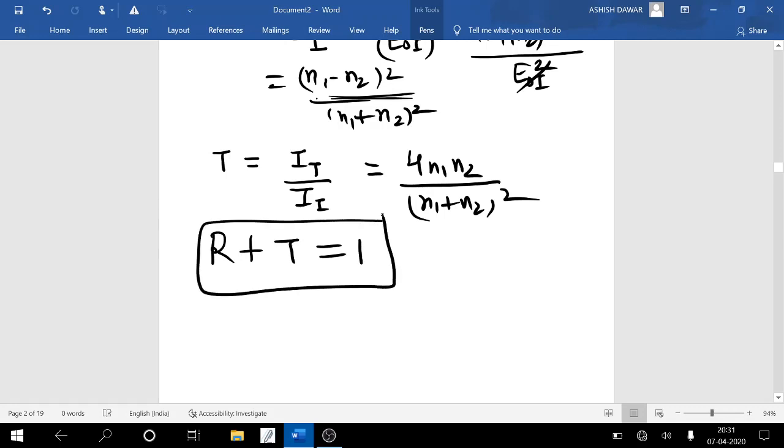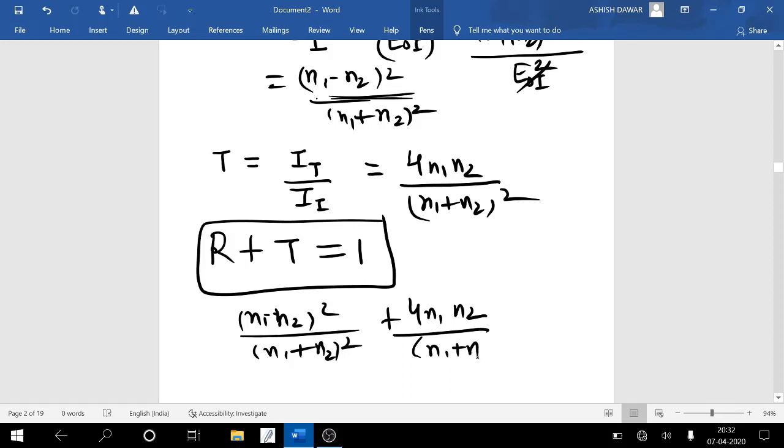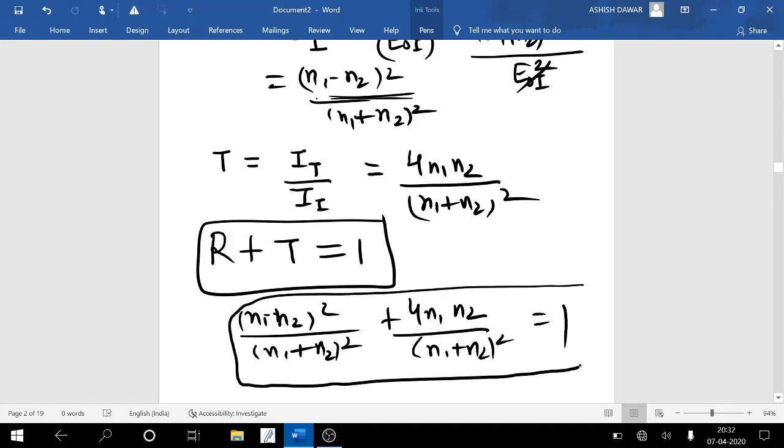So this represents conservation of energy. So here you can easily prove it by putting the values: N1 minus N2 square upon N1 plus N2 square plus 4 N1 N2 upon N1 plus N2 square. So this is equal to 1. So this is all about